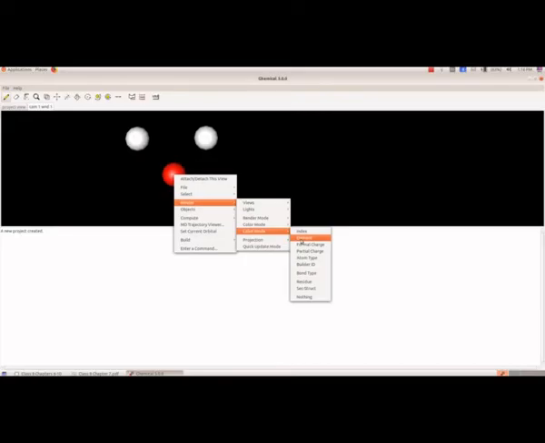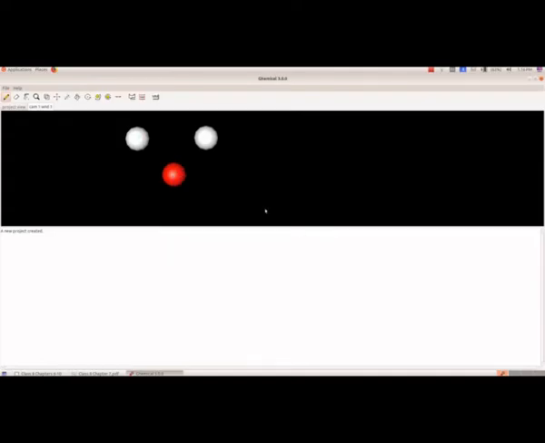To get the symbol of these atoms, you have to right click on any of the atoms, then select render, then label mode, then element. And here if you look carefully, you can see O on the red one means the oxygen atom and H on the two hydrogen atoms. So this is how we can get the symbol for that element.